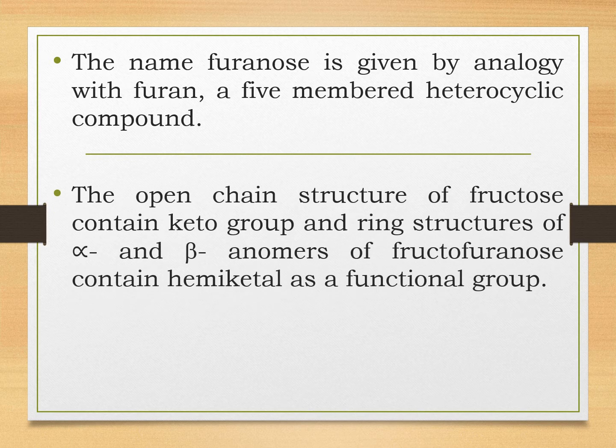Now, why do we call it as a furanose? Because in its ring structure, it forms a five-membered heterocyclic ring that is equivalent to a furan ring. Furan is basically a heterocyclic organic compound and it consists of five-membered aromatic ring, and it will be having four carbon atoms and one oxygen atom. So fructose in its cyclic form will be having a five-membered aromatic ring with four carbon atoms and one oxygen atom.